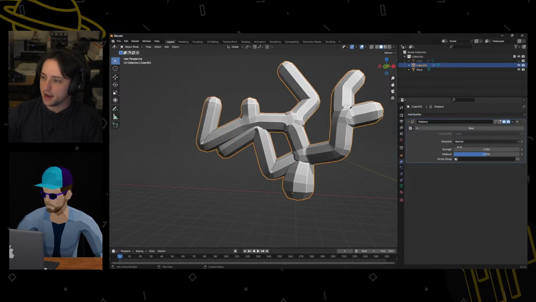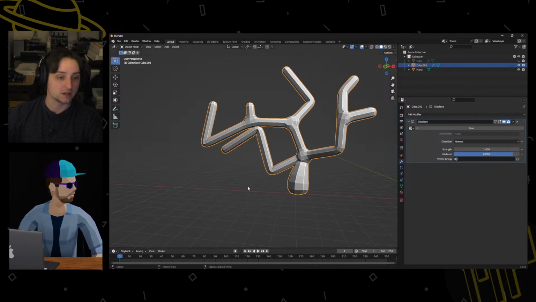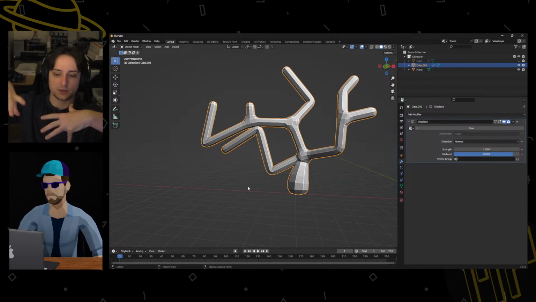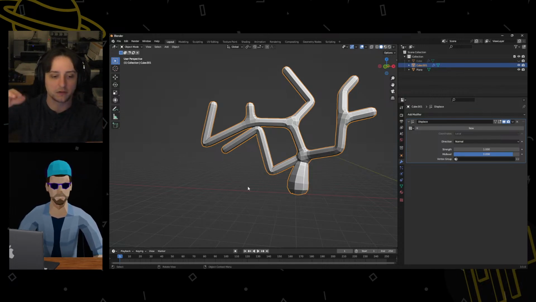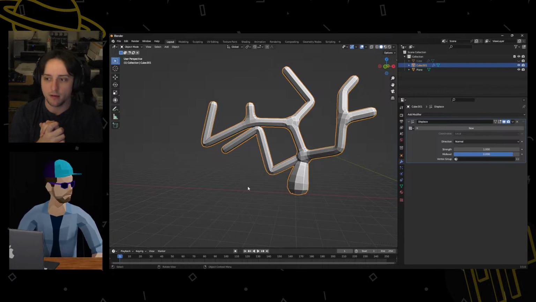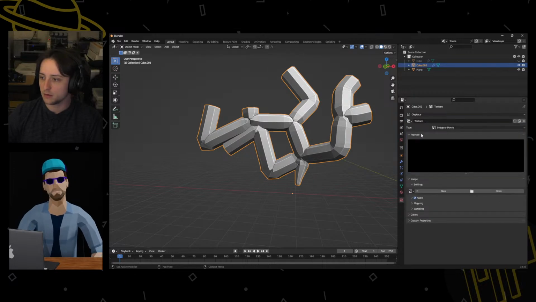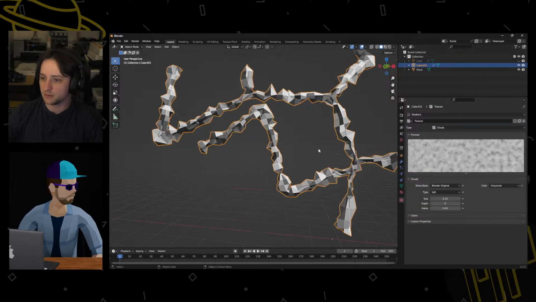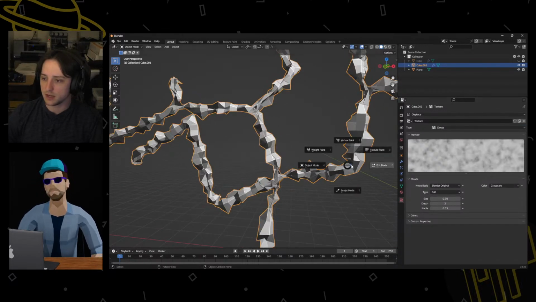Displace. I have used this before. This is kind of an interesting one because normally I use it with terrain. You can use a displacement texture, which is essentially a depth texture. They're usually just black and white. It tells Blender what's higher than another thing, and you can create terrain with it if you plug in a terrain map. You can use a texture, so we can add a new one, go into textures here, change it to clouds, and you can change the size of it. It's kind of hard to tell when it's not